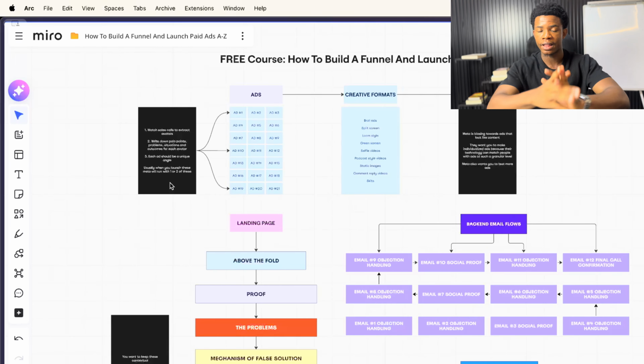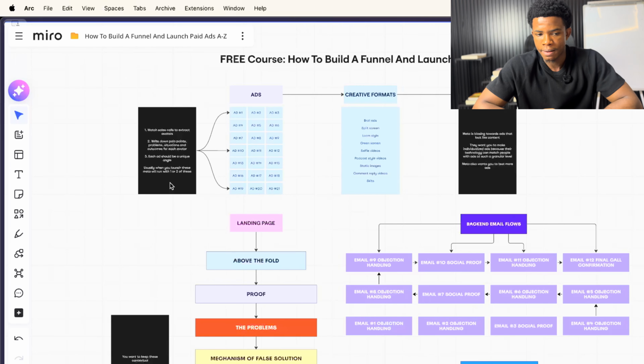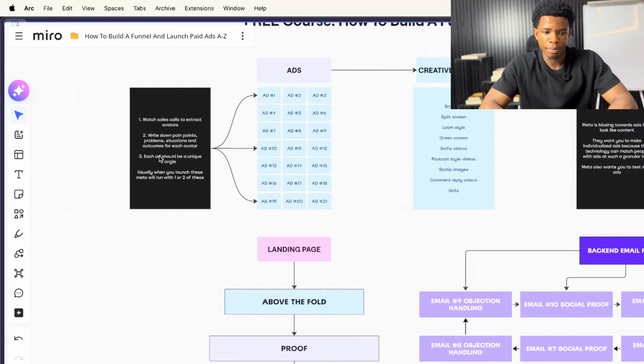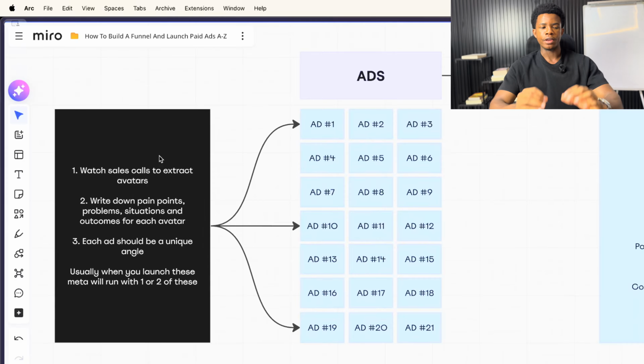So just keep testing that fast as well. Now, the next thing that we're going to talk about is the actual ads that you're going to run. So this is one where I see a lot of people mess up. And the key thing here, what we like to do is you have to go into, before you even start